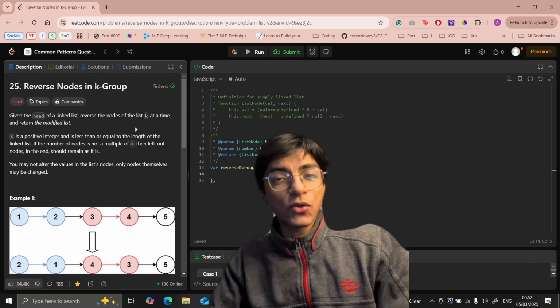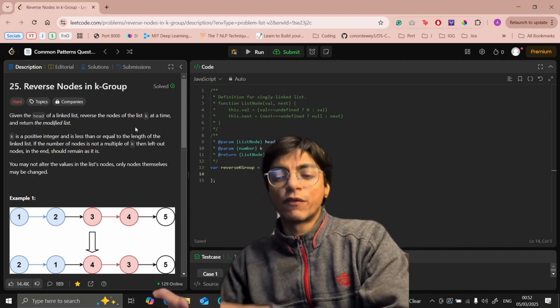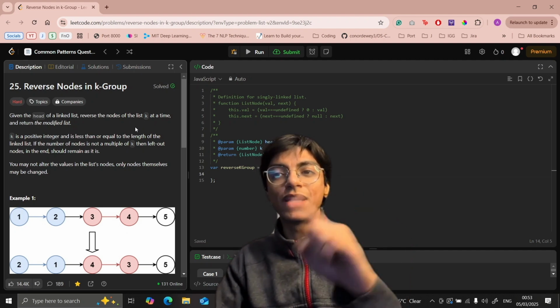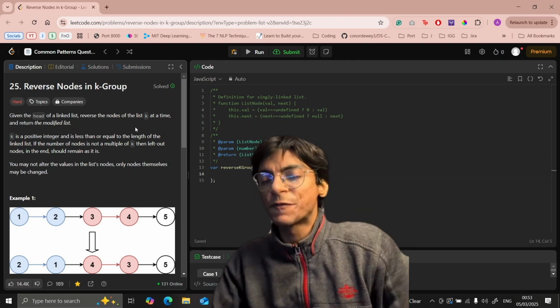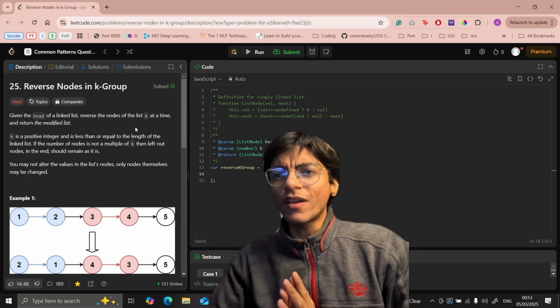So if you've gone through that, you'll probably get a better idea of how to solve this one. If you haven't, I suggest that you do so. It will build intuition that will help you solve this one and other linked list questions. As of now, we'll deal with this one that we have in front of us, in which we've been given